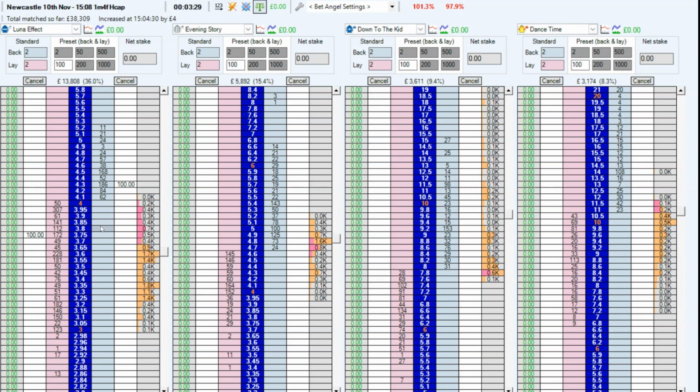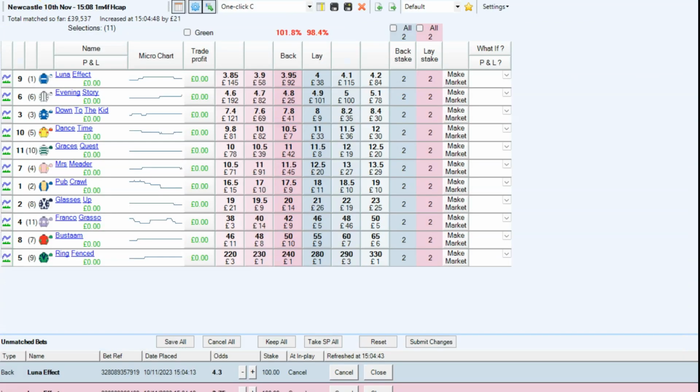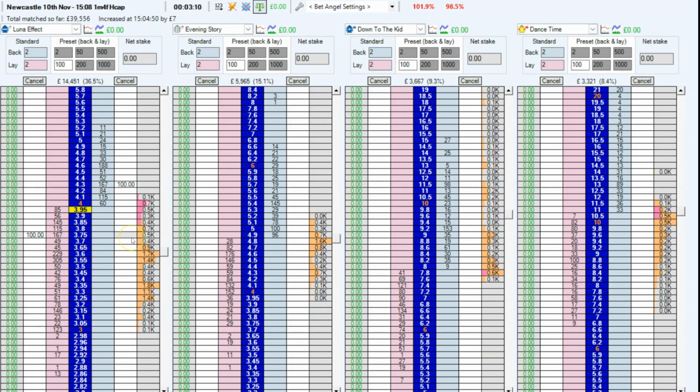Okay, and you can see there's 3 minutes on the clock here, and the question is now, will the price go through the 4, or will it continue down, or what's going to happen here? Okay, so I'm just getting a position there ahead of the queue, but I'm not going to go in too heavy there. So I'll leave the 100 at 4.3, and I'm going to give it a second here now to see what happens, because you can see the favorite now coming down in price, and if that touches the 3.8, I'll jump in there with a quick 100, take that position, be matched on both sides quickly, and